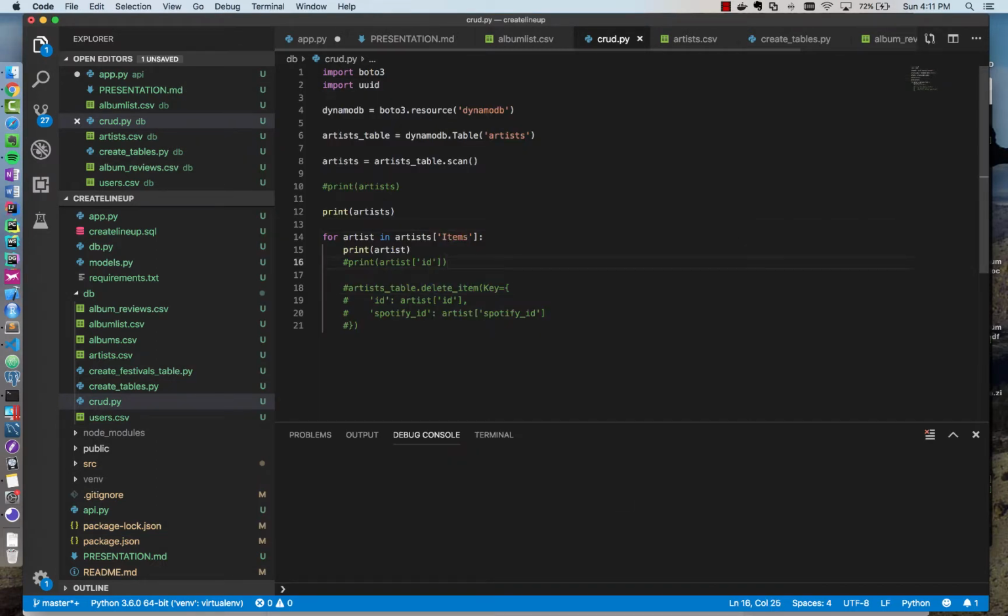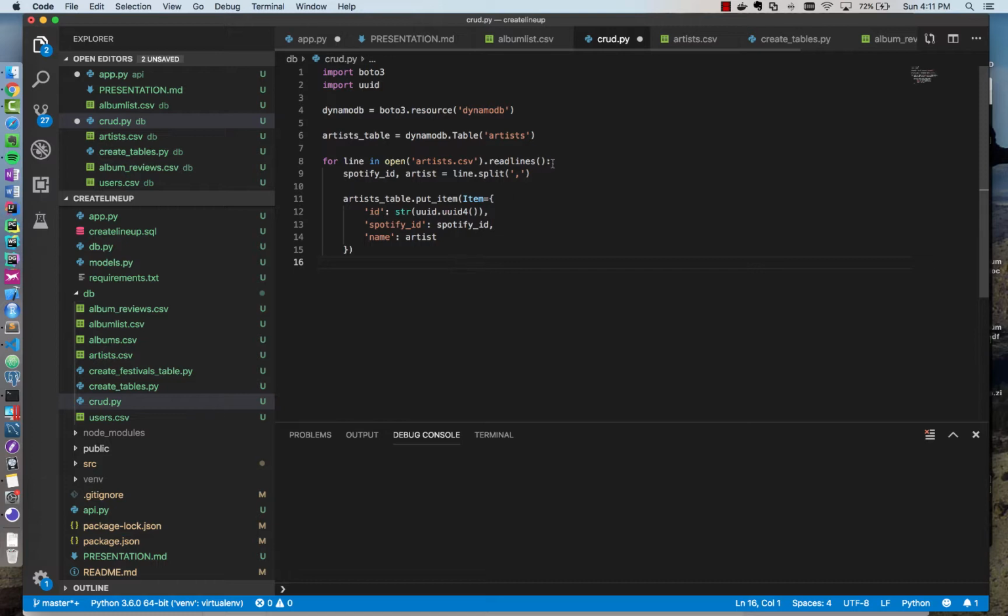And so now let's go ahead and recreate those artists. So we know how to use create, and we know how to do a delete. Okay, so let's go back to a bit earlier where we were reading through the file line by line, and we split on the Spotify ID and artist name, and put those items into the table. So now let's go ahead and do the extra processing we wanted to do. Now that we've deleted all the items, let's recreate them, and I'll use the Python strip command here, which should strip off those extra carriage returns, and then we'll print artist